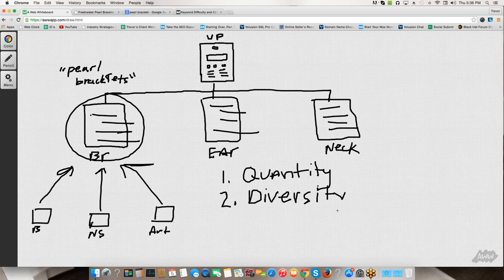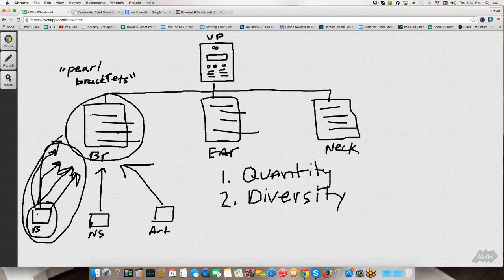So, if I'm trying to get Uptown Pearl's bracelet page to rank high, I can't go to one of these sources. Let's say this is one blog right here, and I keep getting links from all sorts of different pages. They link to me from one of their blog posts, and then with another blog post, and then from another one. If I'm getting all of my links from this one source right here,